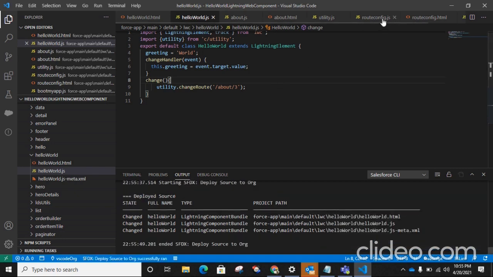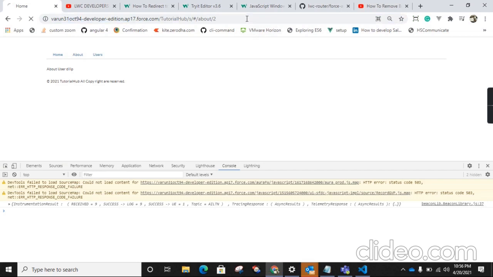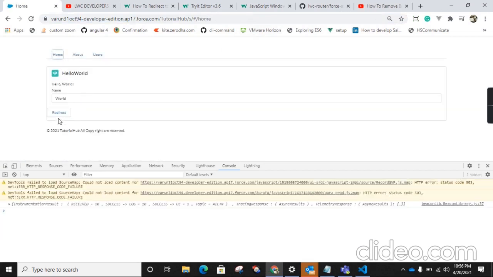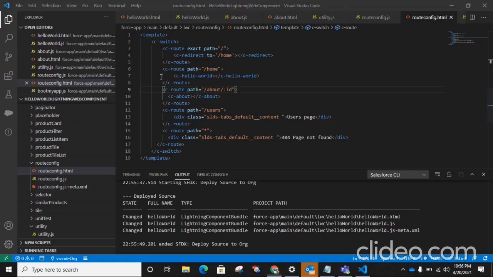Remember one thing, you have to declare the parameter in the path also, like id. I have changed id to 3, so it should be Praveen. This completes the second point.